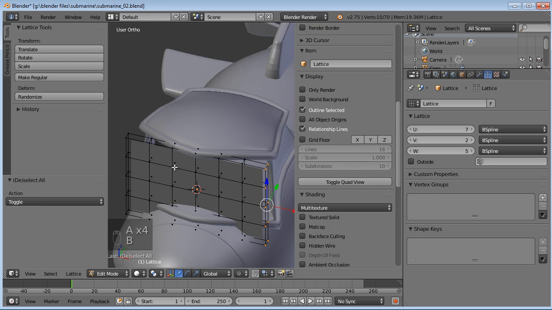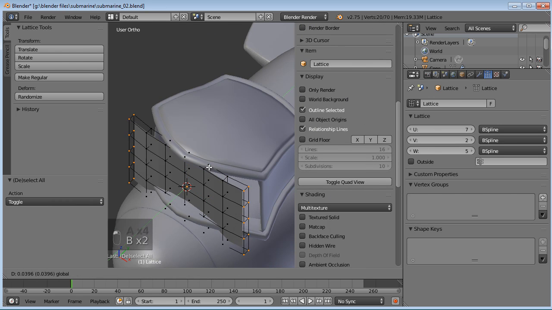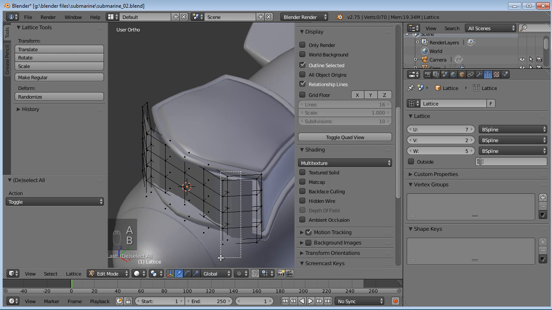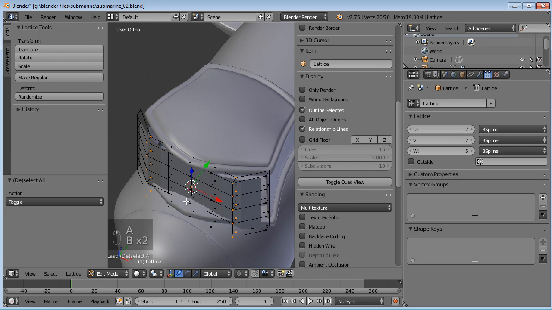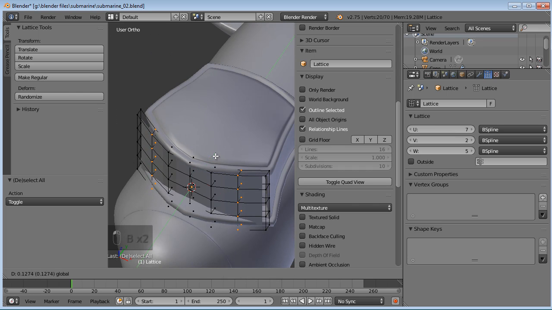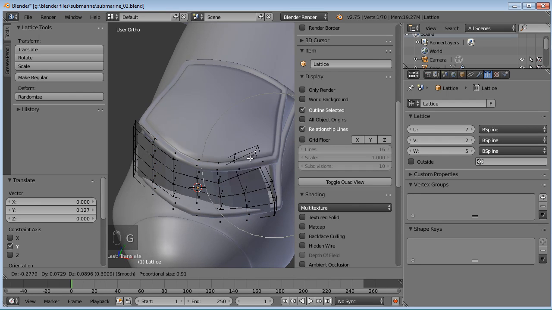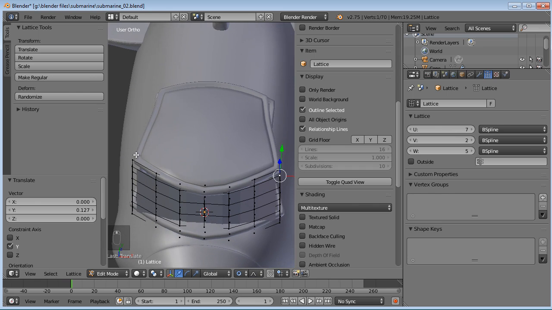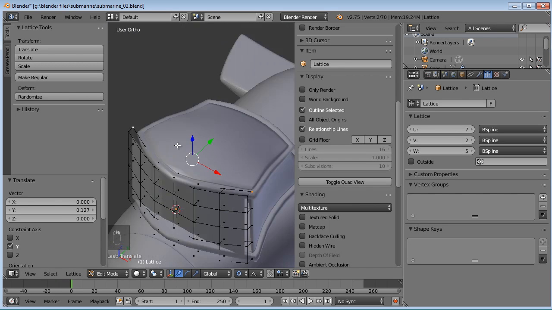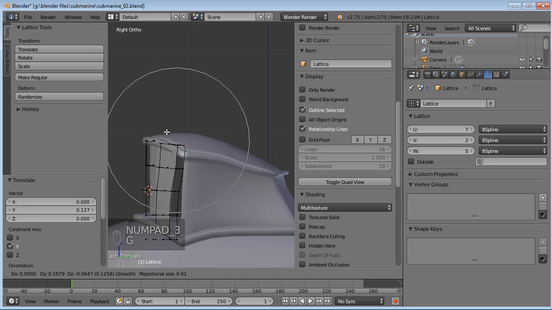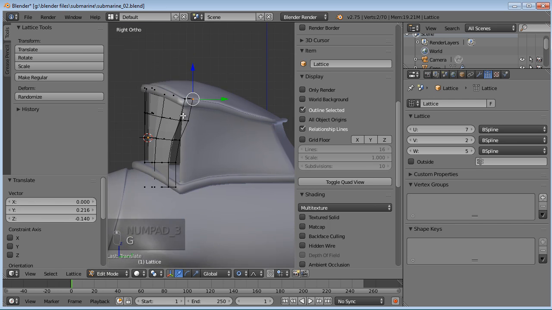So let's grab the edges of it, and we'll move it back, and you can see it is controlling the edges of the windshield as well because it's deforming it. It's a deform modifier. So we can do the same thing basically with a lattice that you can do with the regular mesh. You can turn on the proportional editing and grab one part, and it'll gradually control everything. So let's get that sized up to fit our opening for our windshield.